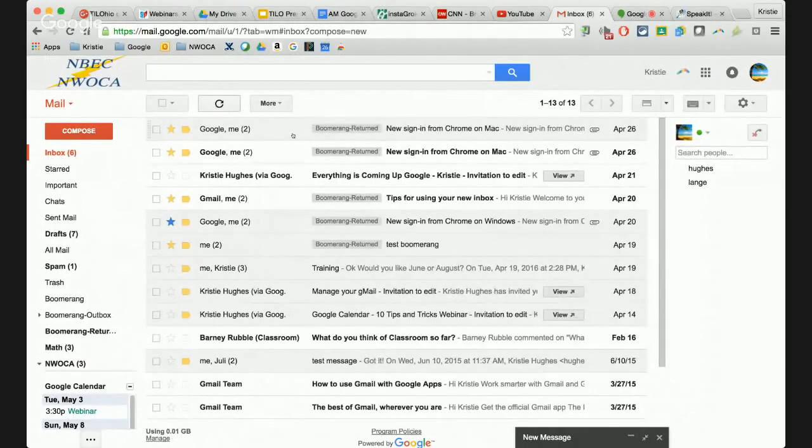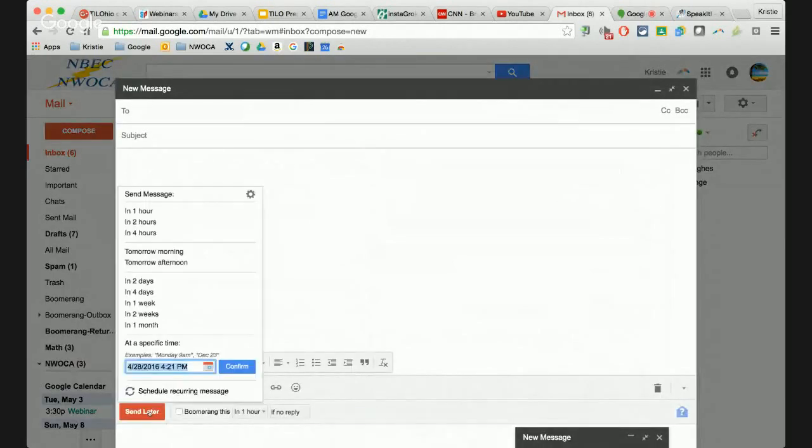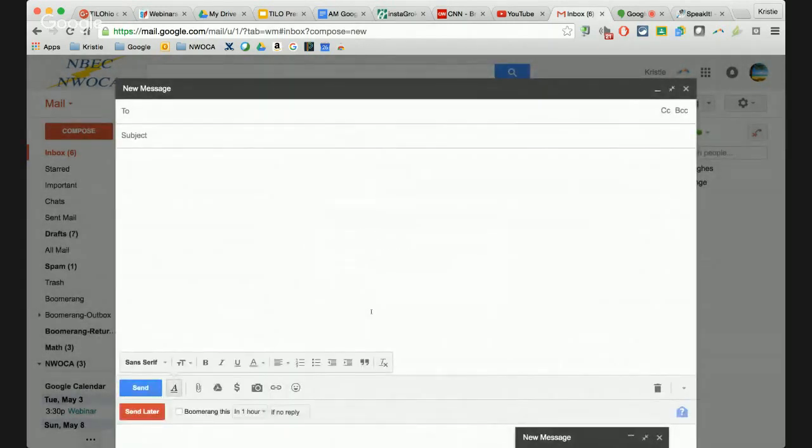So I'm in Gmail again, so I can compose a message. I'll pick up where I was with send later. When I click on send later, I can schedule reoccurring messages. So again, my example was if I had a message that every Monday morning I had to send out a reminder, I can go ahead and send reoccurring messages, and it will automatically go out, and I don't have to do anything on the back end. So assuming I would type out my message here with all of the people, I can go ahead and send it later and have it reoccur every Monday morning at 8 a.m. or whatever example you might want to use. So that's really nice with Boomerang.